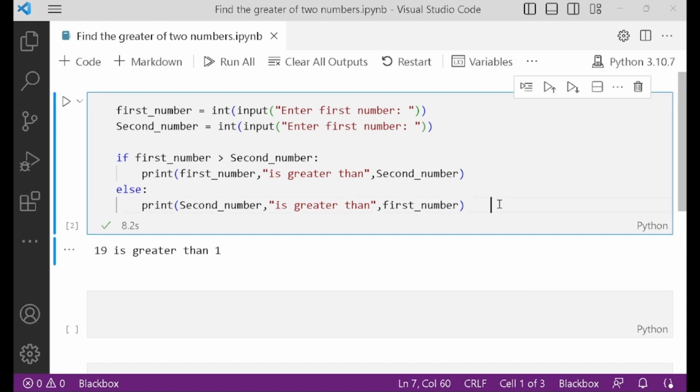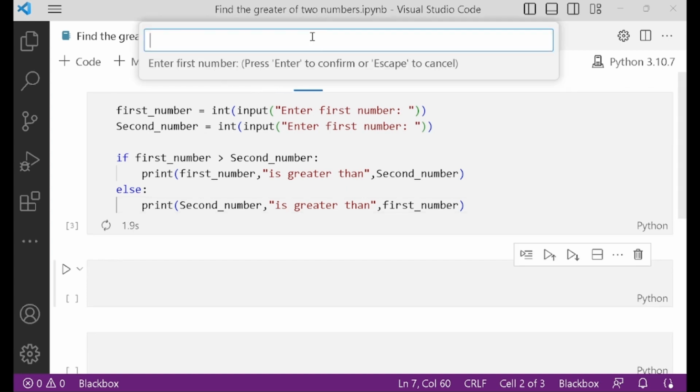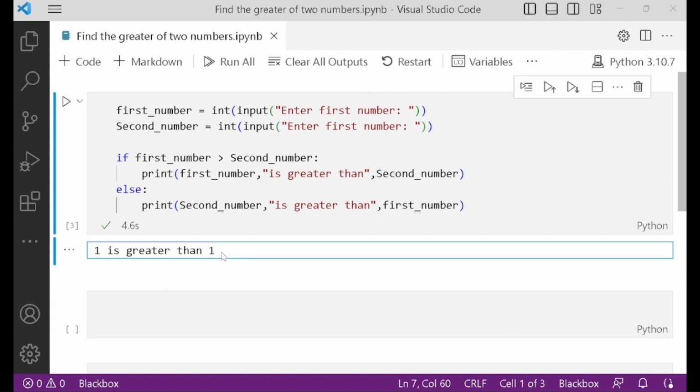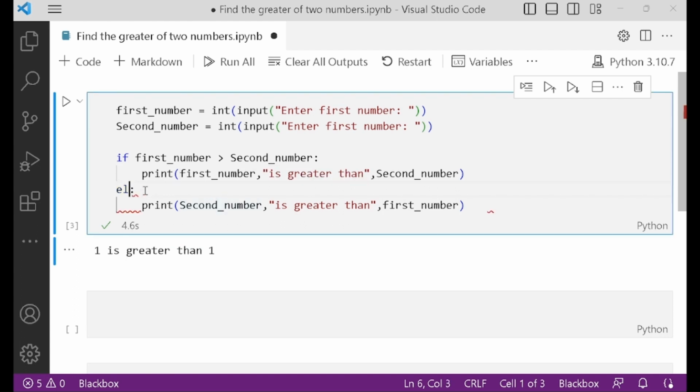Now what if we enter an equal number here? It will still print the else condition in the case of equal numbers. So here we need to make a little change. I will convert it into the elif condition. Elif means another if condition,